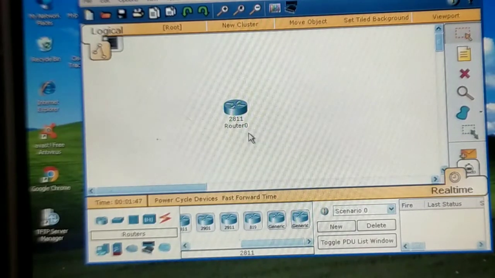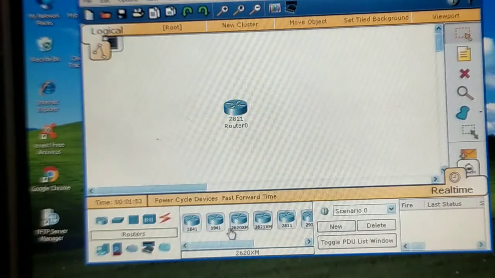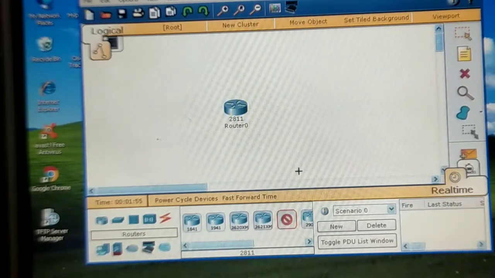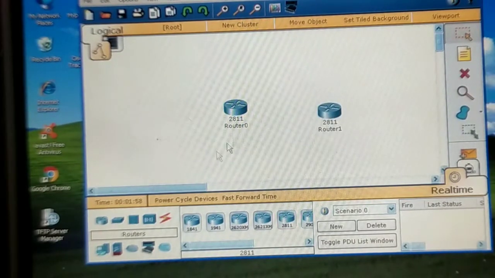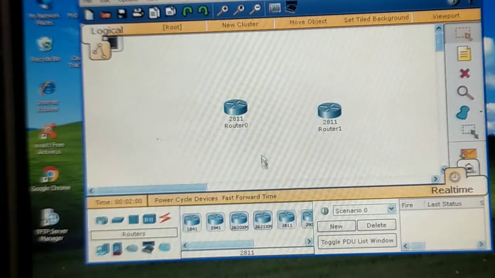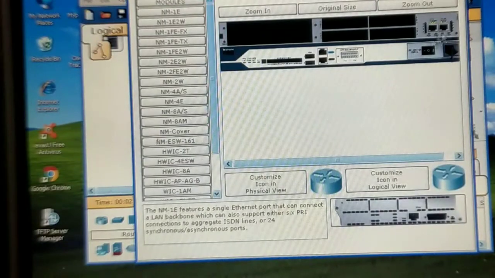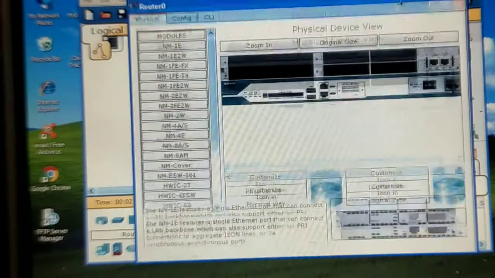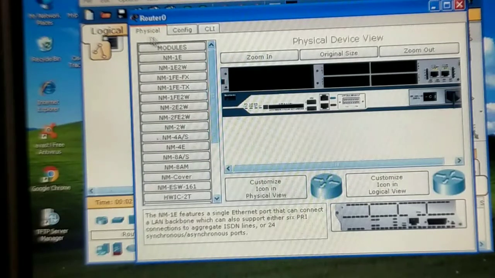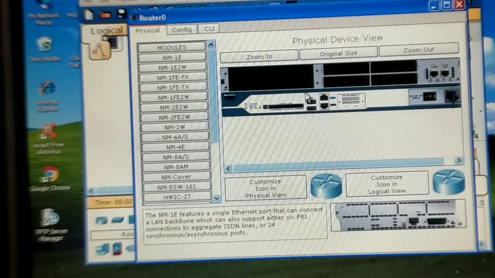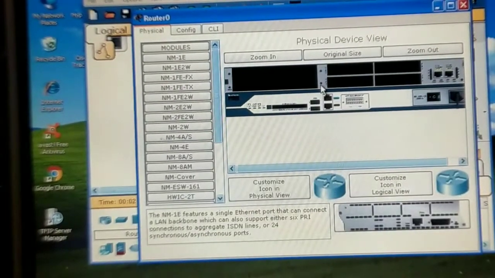So basically this is our router, and now I am going to connect another router with it. I am again taking a 2811 router, and this is our second 2811 router. After these two routers have been selected, I am double clicking on this router, and there you have the different physical components related to the router that you can add. All these are modules. Basically 2811 is a modular router. What is a modular router? A modular router is a router in which you can customize the router according to your needs.